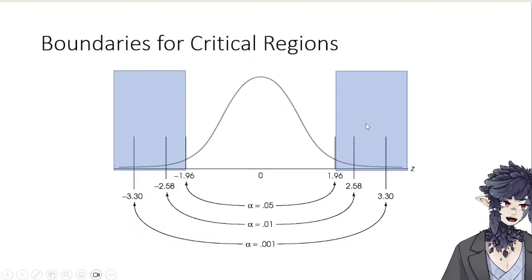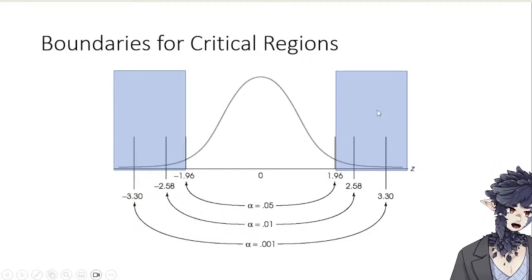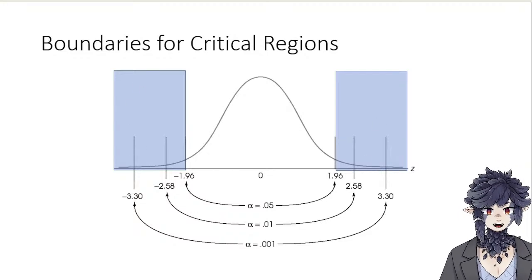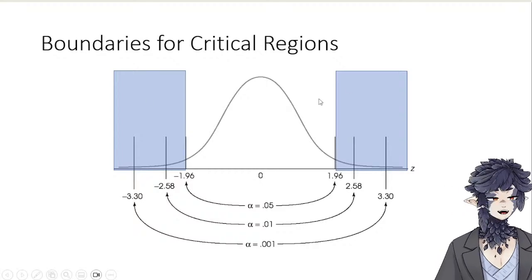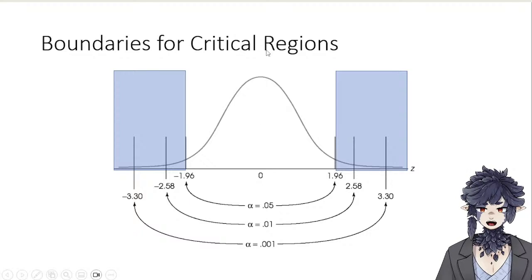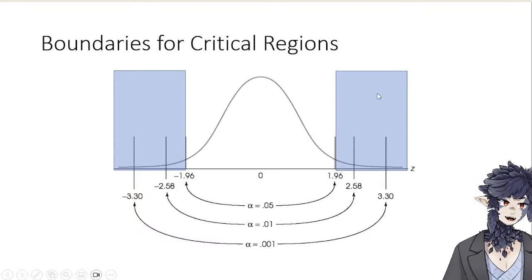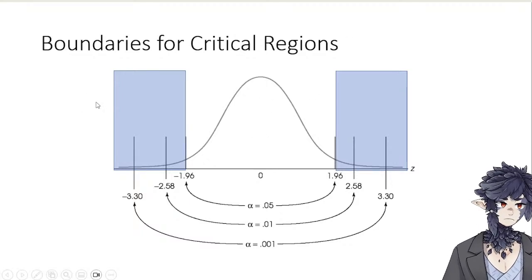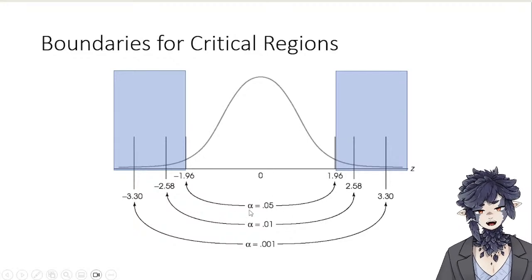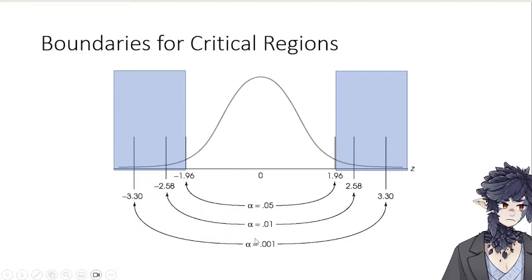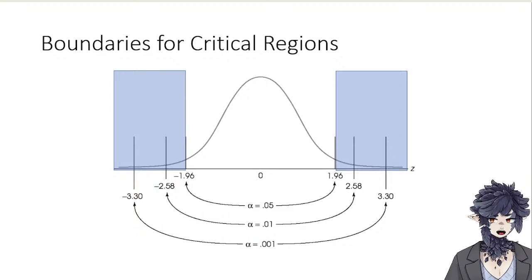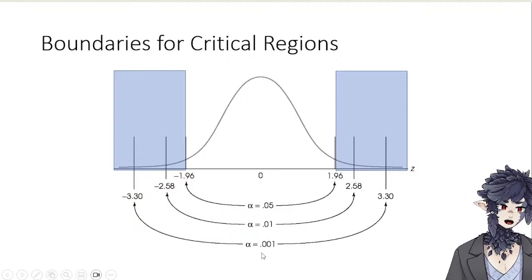If a manga is longer than this, or shorter than this, we conclude that that manga probably is unusually short or long. Or if this genre falls in this range or this range, relative to the general population of all manga, we conclude that it's probably unusually short or long. And you can use different cutoffs. This is the cutoff that's standard in psychology, 0.05, but sometimes we use 0.01, sometimes we use 0.001,